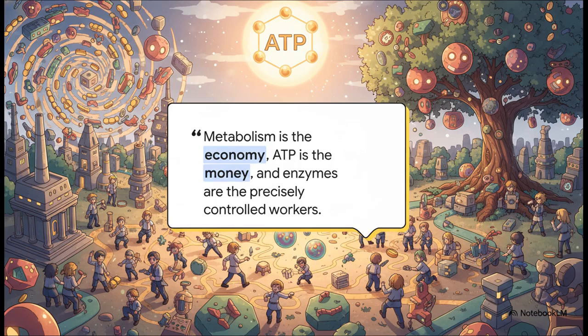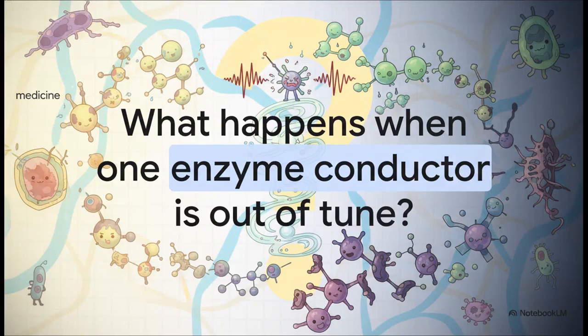And that really is the main takeaway here. The entire complex concept of metabolism can be understood through this one analogy. It's an economy, powered by a universal currency called ATP and driven by a massive workforce of enzymes, all of which are precisely managed to create the amazing phenomenon that we call life. It's really a staggering thought, isn't it? Billions upon billions of reactions, all perfectly harmonized like some grand symphony. And it really makes you think about the incredible domino effect, both in causing diseases and in creating medicines, that can happen when just one of those crucial enzyme conductors is silenced or just happens to play the wrong note.